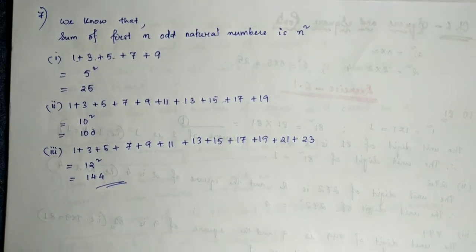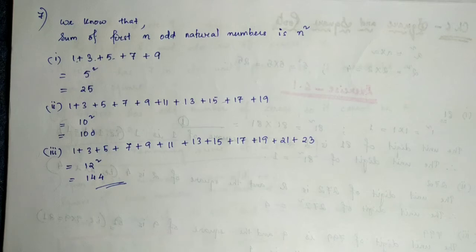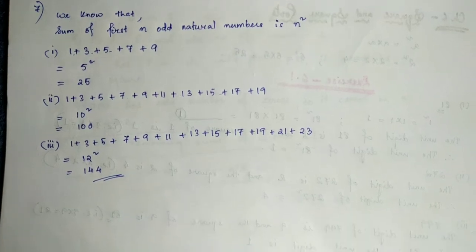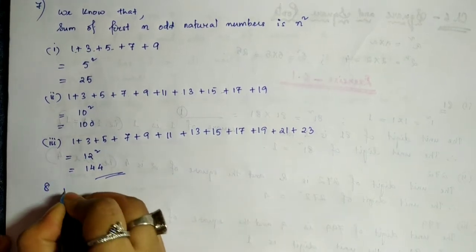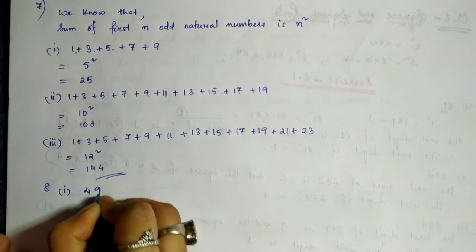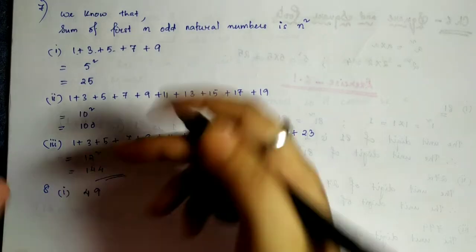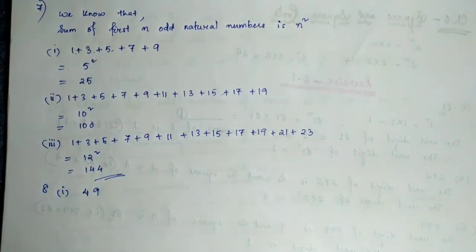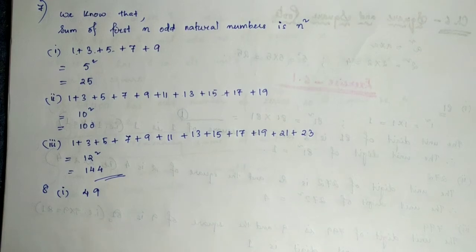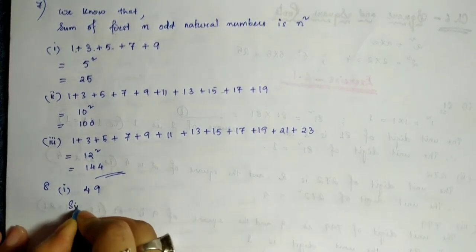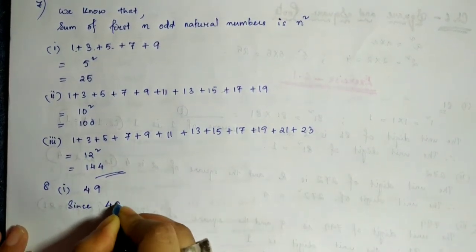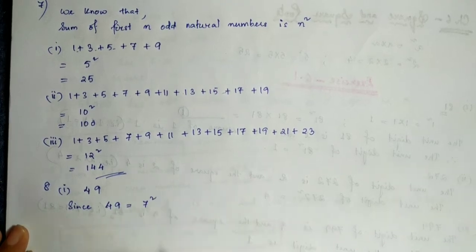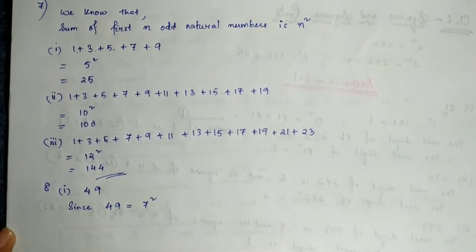Okay. Then the next one is the reverse of this. Question number 8, it's given: express 49 as the sum of 7 odd numbers. Okay, let's see this. Question number 8, part 1. So the number given is 49. Now I have to do it in the reverse way. I have been given this and I have to write down the series of numbers. Now I have to know how many numbers there are. We know that 49 is equal to what? 7 into 7, that is 7 square. Yes, it's a perfect square number, 7 square.